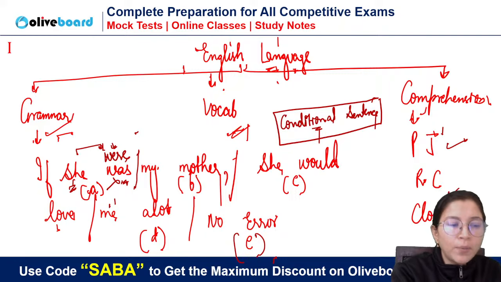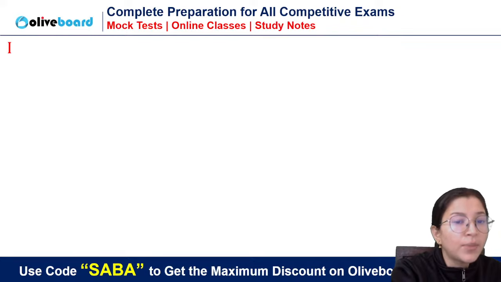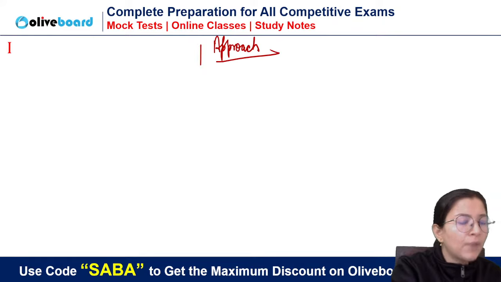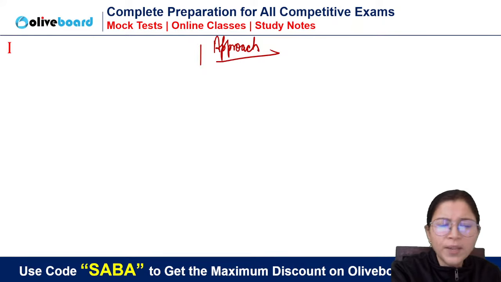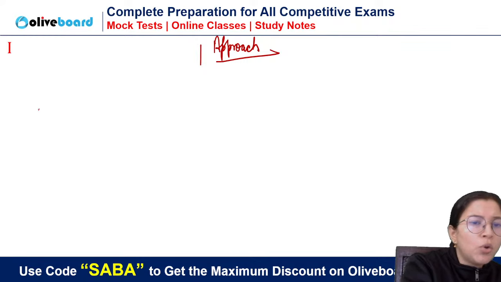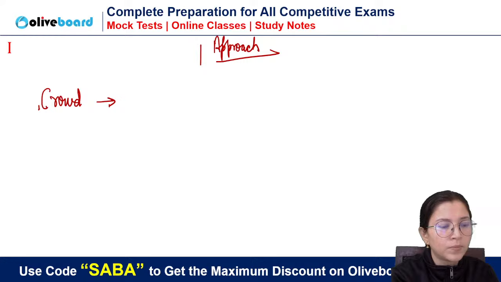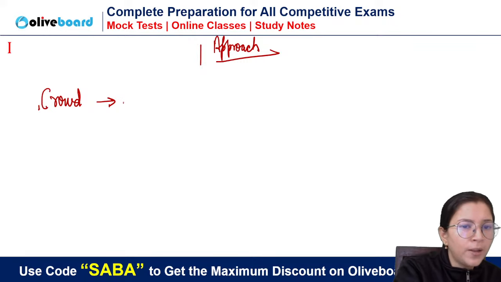Okay, see, one more thing is important, that in bank exam the approach matters. Approach is very important. Okay, for example, I will ask you a few very simple terms, very simple vocab I will ask you. You all know the meaning of the word crowd? सबको पता है crowd का मतलब? Yes or no? We all know crowd means big, a group of people, lots of people, that is called crowd.